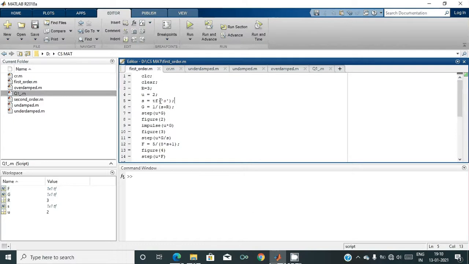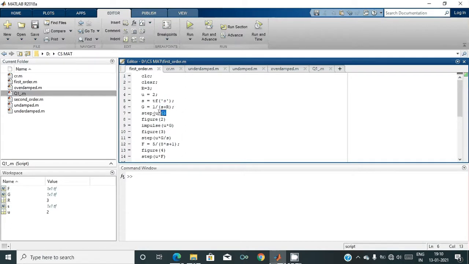In this line I have just mentioned that this s stands for the s in our transfer function. I have created a variable called G which stores my transfer function 1 by s plus r. I think you know that minus r will be our pole, and this is the transfer function with one pole, which is minus r.